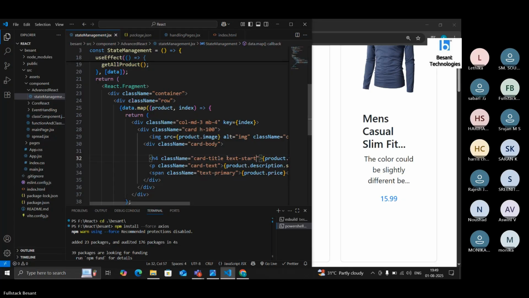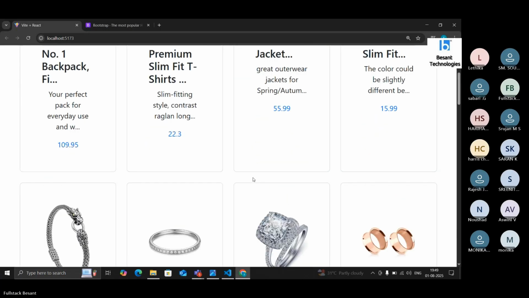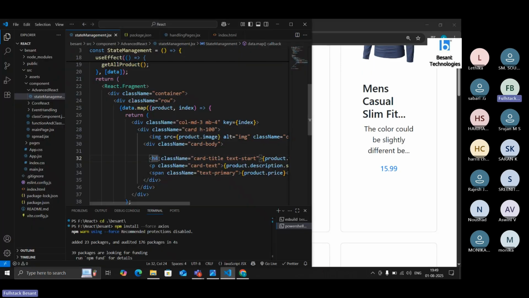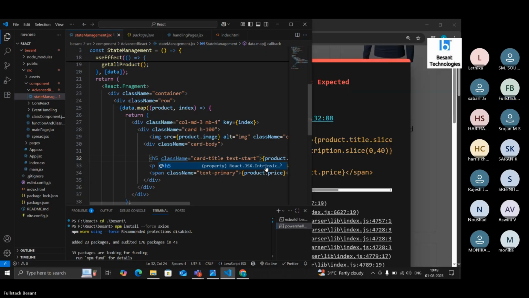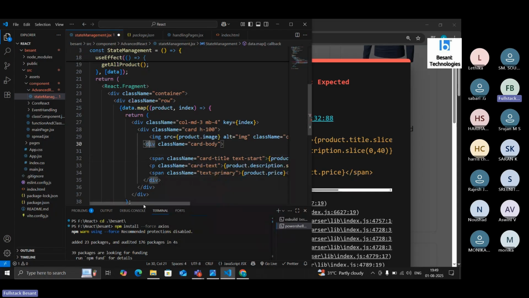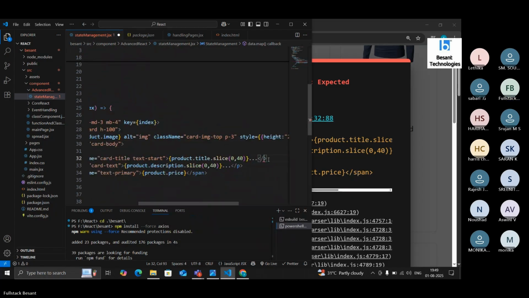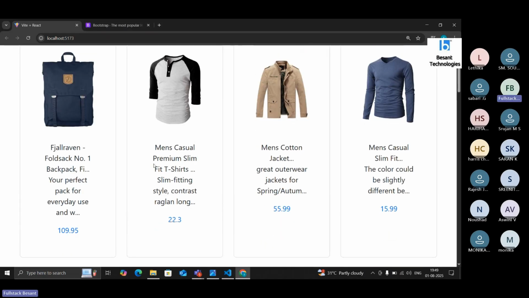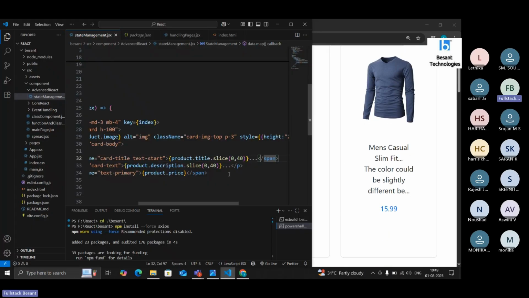So instead of going with H4, let me use H5. So no need for H, I'm using span itself. So that will be better. So now I'm okay with it. So here what I have to do is